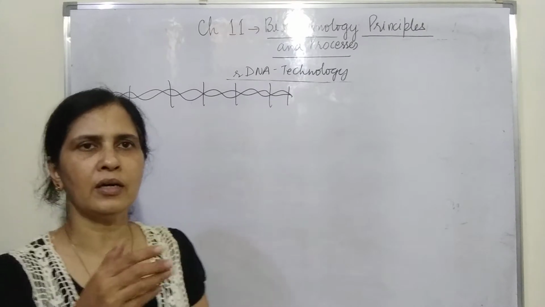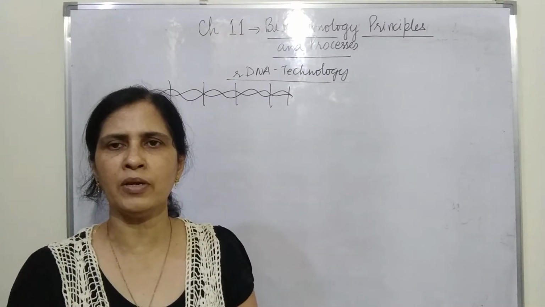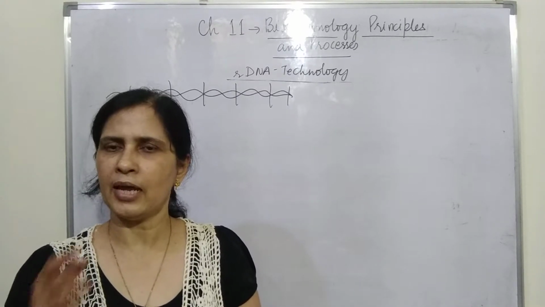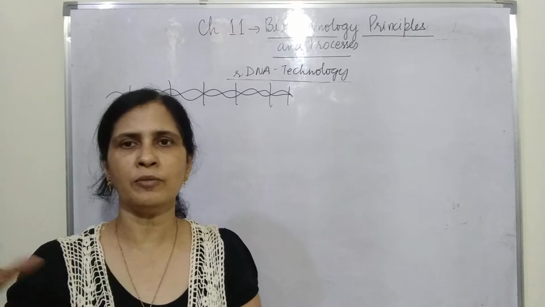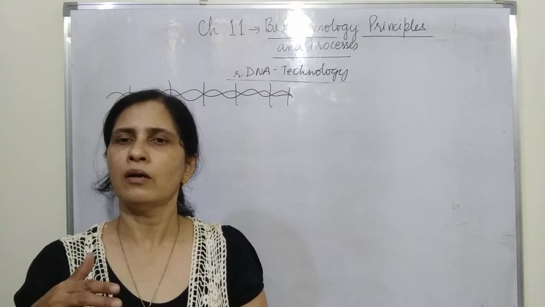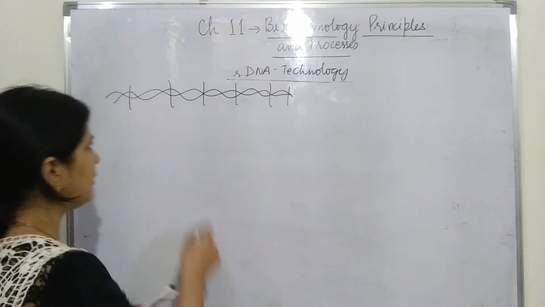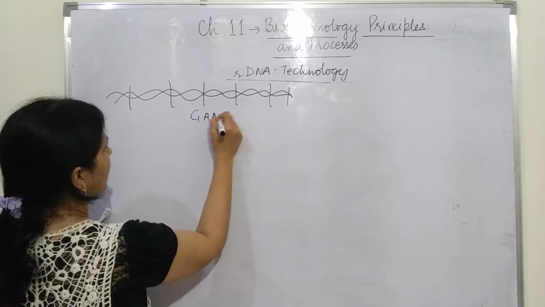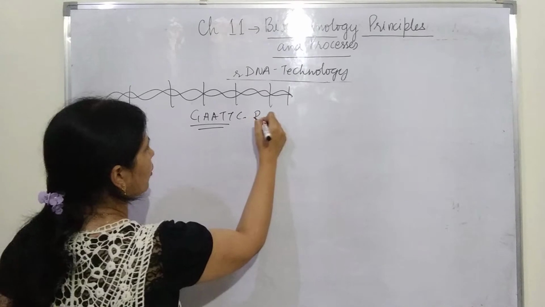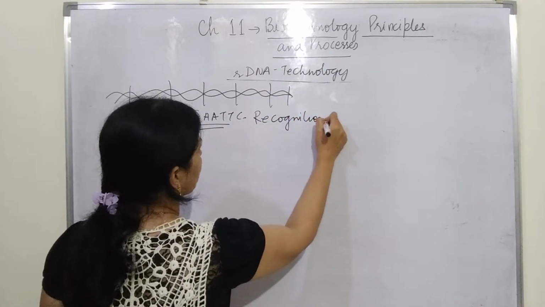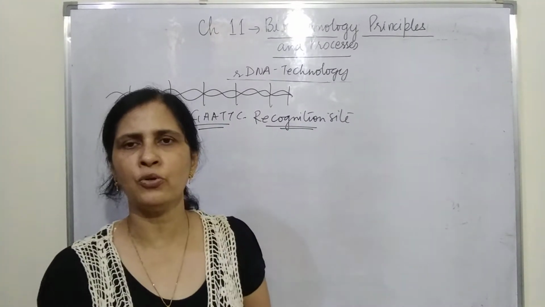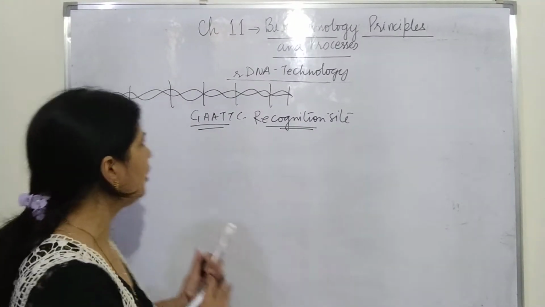So endonuclease will cut the DNA into various small pieces, because there may be places where it can recognize and cut them, like GATTC may be present at 1000 places in a DNA. So the endonuclease enzyme is able to cut the DNA into those 1000 pieces, and the places where the endonuclease enzyme cuts the DNA by recognizing the site is called the recognition site. So the recognition site is the site which is recognized by the endonuclease enzyme, and it cuts the DNA at that particular place.